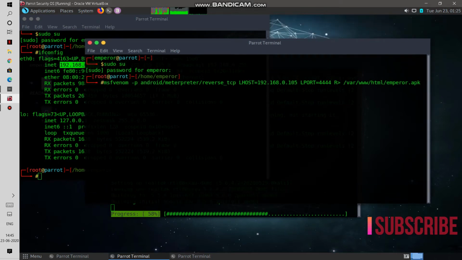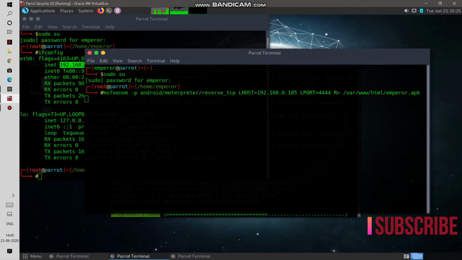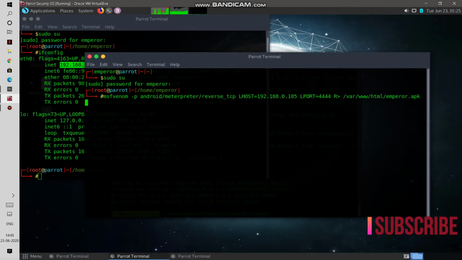Till that, I will give a quick overview. By this we can get a lot of information, like we can send messages, we can gather call logs, we can dump everything: messages, call logs, contacts, everything we can dump, and we can take screenshots of the user. We can use the selfie cam or rear cam, and we can execute so many commands. We can modify the system settings, and we can do many things with this.